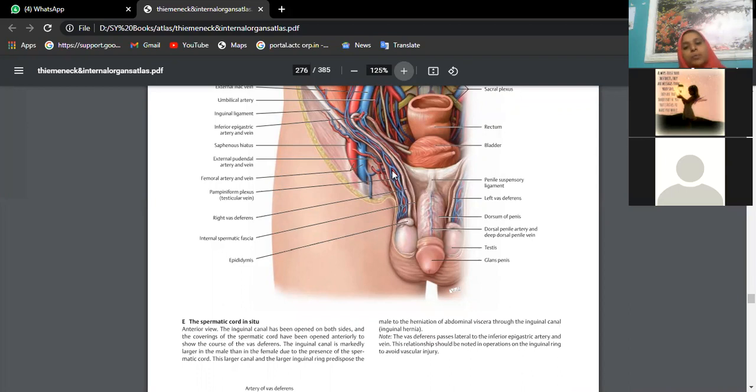Hope you remember the superficial inguinal ring, inguinal canal, deep inguinal ring. Then you will find its journey moving on the superior surface of the urinary bladder, going behind. Just now you saw the male bladder behind, vas deferens below with seminal vesicles. This is the journey of the vas deferens, going on the posterior aspect of the urinary bladder to join with the duct of the seminal vesicles to form the ejaculatory duct. So this whole cord-like structure is actually the spermatic cord.